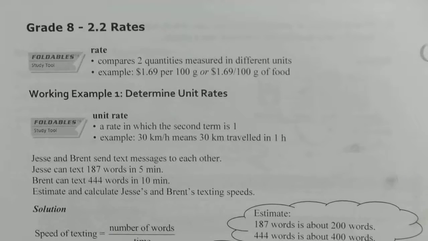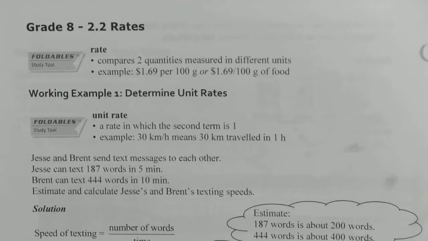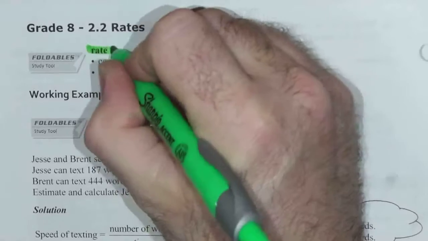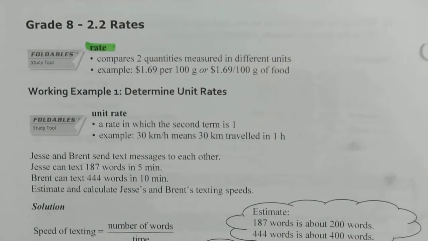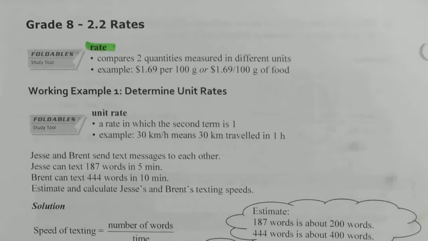2.2 is rates. And we've got a couple of definitions to start off with. The first one is the word rate itself. A rate compares two quantities measured in different units. So ratios were two quantities with the same units. Rates have different units. For example, if you're shopping and you find an item that is $1.69 per 100 grams